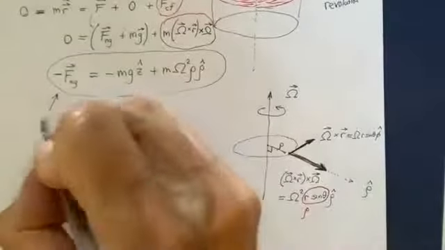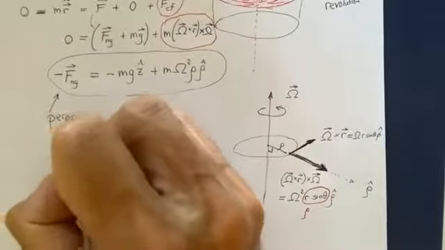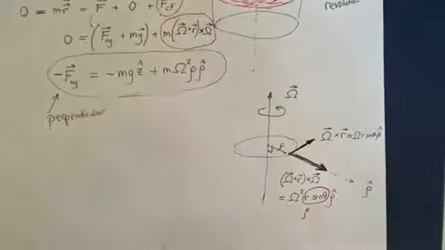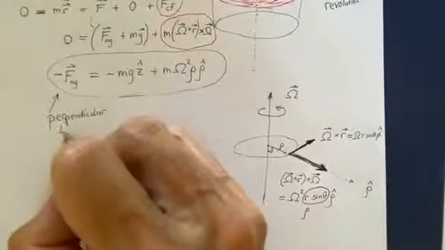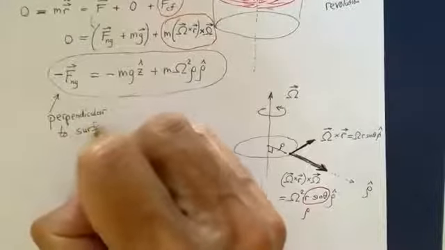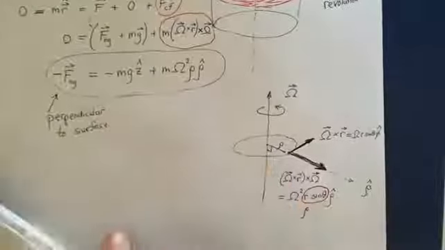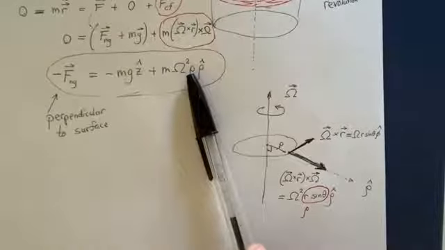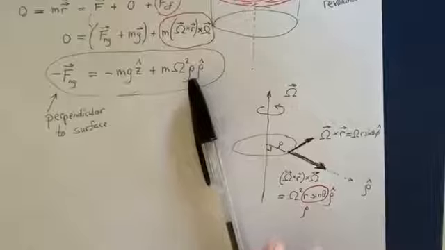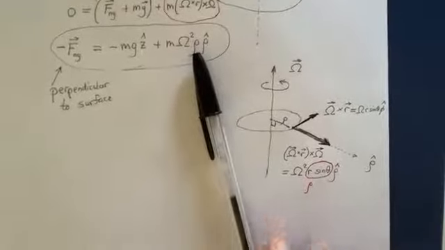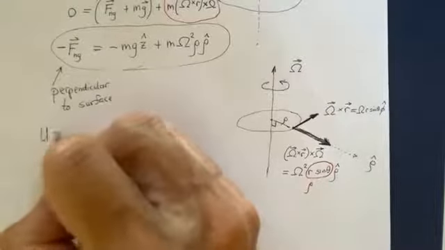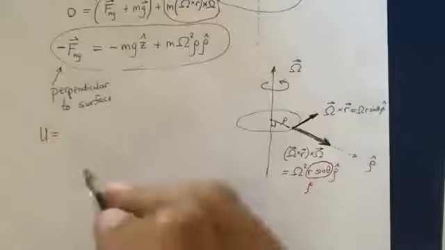Either way, perpendicular to the surface of the water. Now again, both of these forces can be written as gradients of a potential. So we're going to introduce a potential U equaling mgz